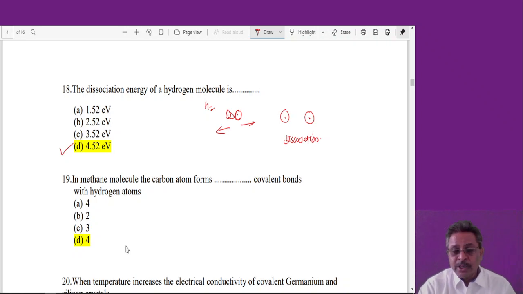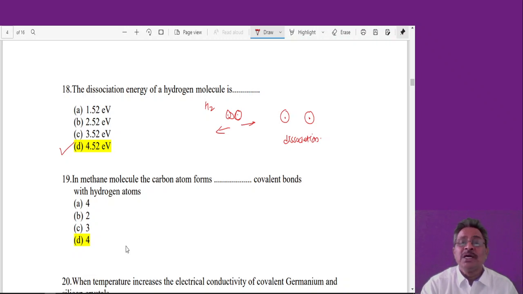Now note that this won't be the same for all other types of covalent molecules. For other covalent molecules, depending upon how many electrons are shared, the nucleus size, and the atomic size, this energy may decrease or increase. For different types of covalent molecules, different dissociation energies are possible, and in our case, the dissociation energy of the hydrogen molecule is found to be